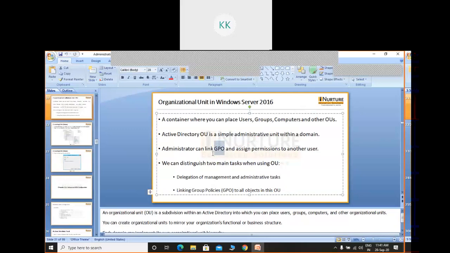This is called the group policy object. An administrator can link GPO and assign permissions to other users. We can distinguish two main tasks when using OUs. What are they? Delegation of management and administrative tasks, and the next one is linking group policy.